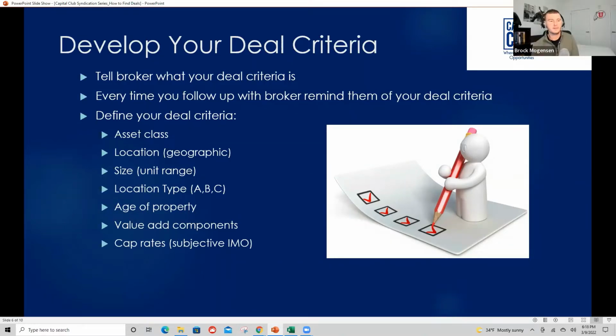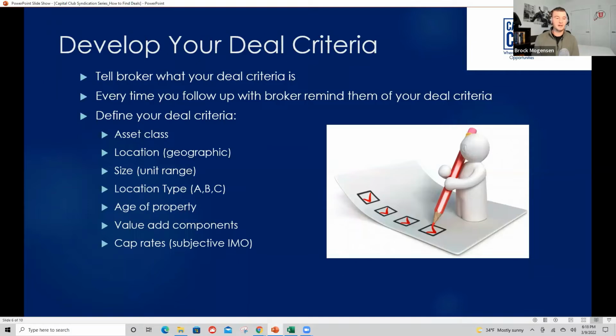Yeah, totally. And it's going to change, right? You're going to pivot throughout your career. It's not like you're going to set this deal criteria and say, all right, this is it for the rest of my career. It's going to change every couple months, every year. You're going to decide, hey, let's change this, I'd rather do this sort of deal now. But like Jeff said, it's super important to sit down and write down what your deal criteria is. Because when you start talking to brokers, one of the first questions they ask is what kind of deal you're looking for.